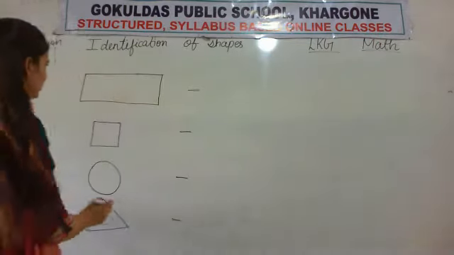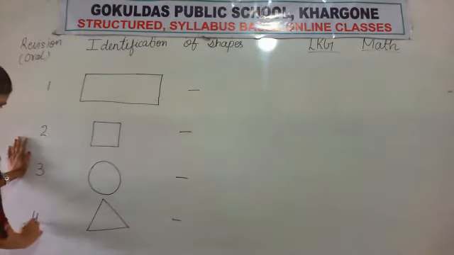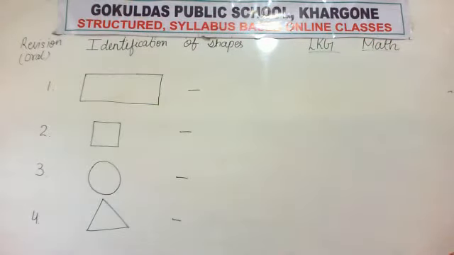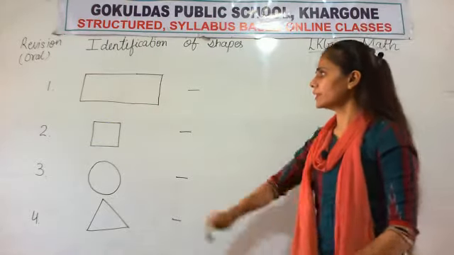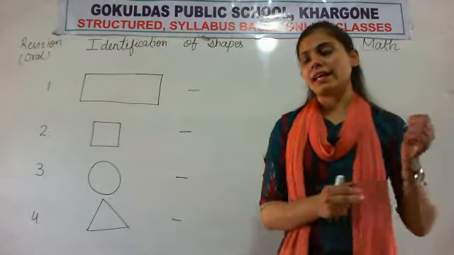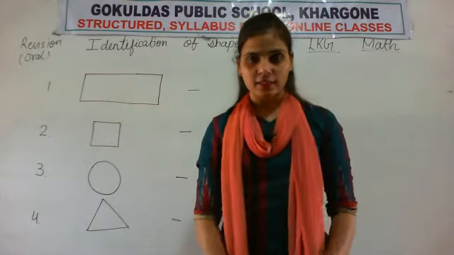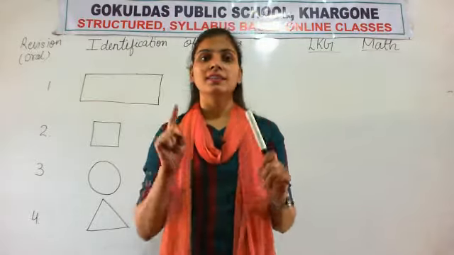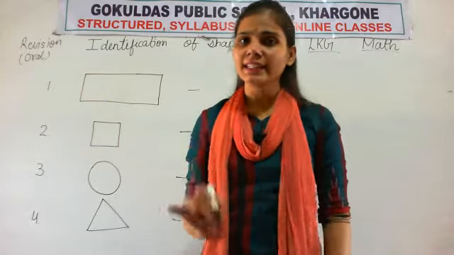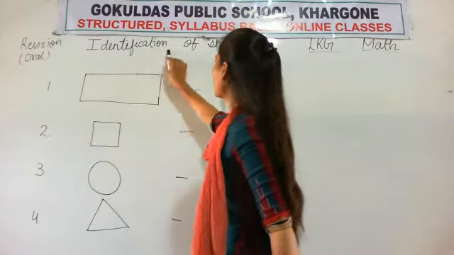This is oral. On number 1, which shape is this? Okay, this is your oral exam. So, on number 1, which shape is this? So, you tell like, on number 1, this is rectangle. You say, on number 1, this is rectangle. Okay, like this. You say like this. In your oral exam, this is your question, identification of shapes.